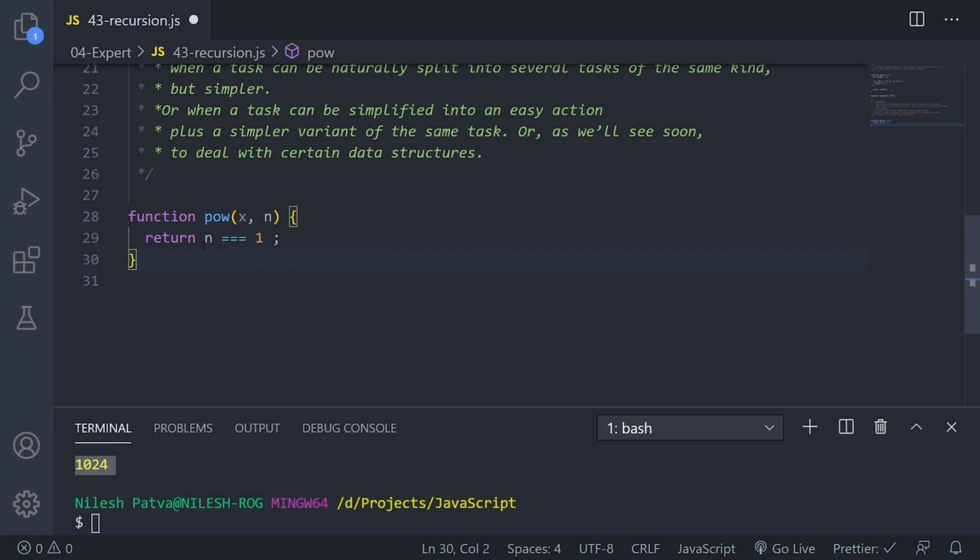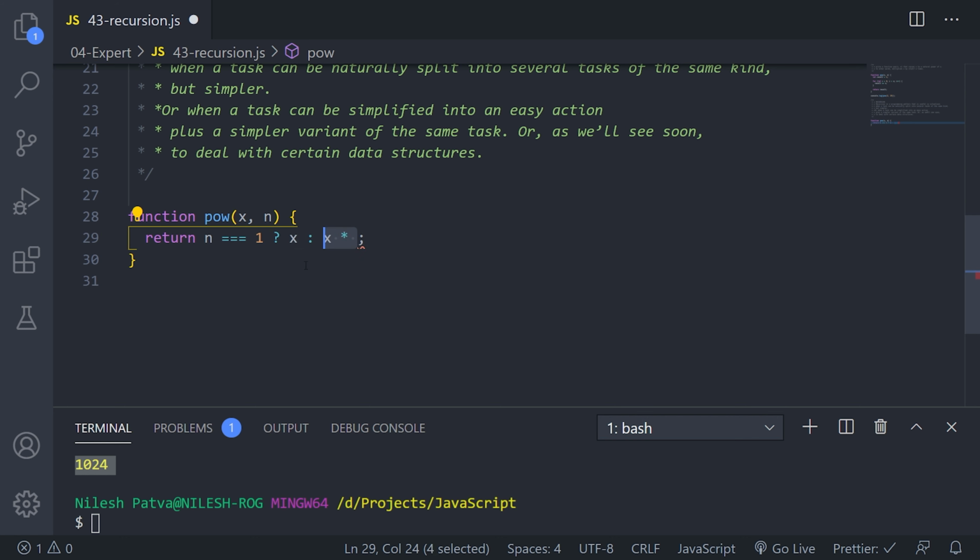It first checks whether n is equal to 1 or not. That means the power is 1 or not. If the power is 1, we are using the ternary here, so it will return x itself. If I am calling this power method with 2 raised to 1, then I have to return 2 itself, right? So without multiplying, it will return itself.